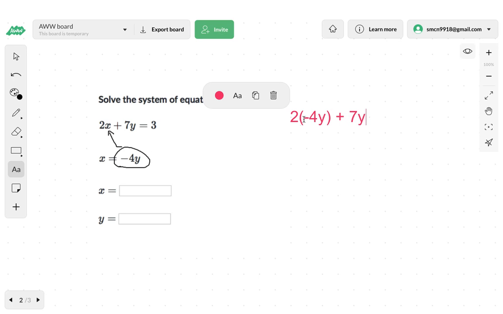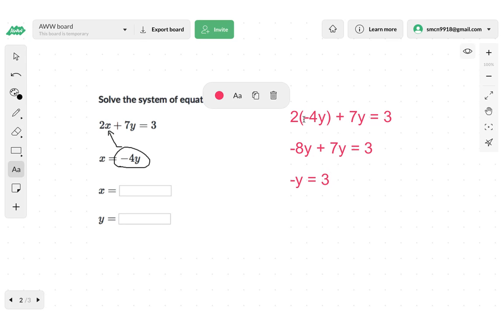Input the rest of the equation, and I'm going to start to solve. So I'm going to do 2 times negative 4, which is negative 8y, plus 7y. I'm just going to bring down the rest of the equation, and I'm going to continue to simplify. So negative 8y plus 7y just gives me negative 1y, or negative y, same thing,